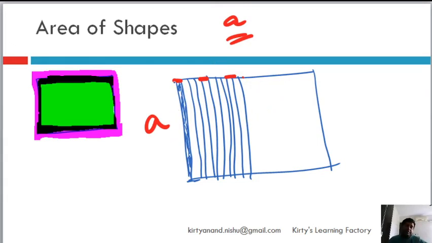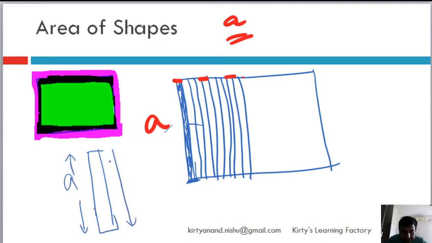If you look at this, each strip basically is a rectangle, because this width and this width are equal, and obviously the length on this side and this side will be equal. It will look something like this: this is side A, this also is side A, but this is a small portion of A. Let's call it dA. Right now you will not understand the concept of dA, but just understand that a very small part of A is dA, and when you add all the dA's, it becomes equal to A.